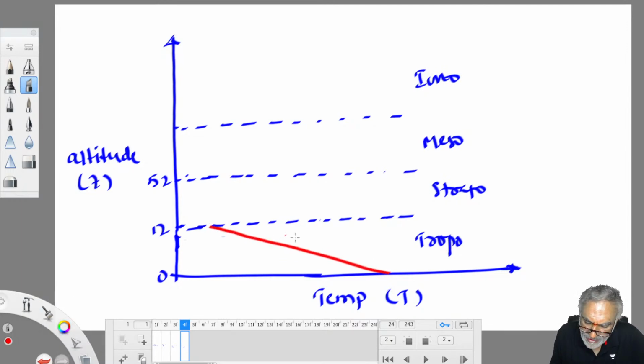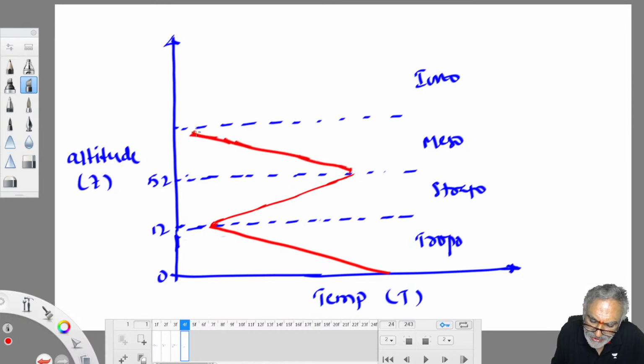In the troposphere, temperature decreases with altitude. In the stratosphere, again temperature increases with altitude. Mesosphere, again temperature decreases with altitude. Ionosphere, again temperature increases with altitude. So this is purely based on temperature profile, temperature changes. Okay? Troposphere, temperature decreases with altitude. Stratosphere, again it increases. Mesosphere, again decreases. Ionosphere, again increases. This is purely based on the temperature profile of the vertical atmosphere,